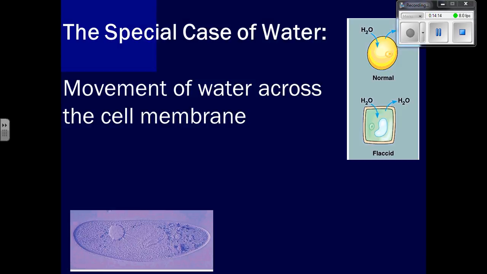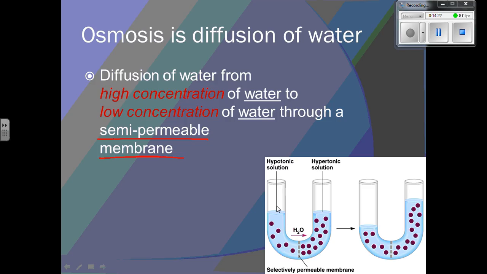So water is a special case. Water is called osmosis, the movement of water in and out of the cell. And it's special because we have special types of osmosis. And just for